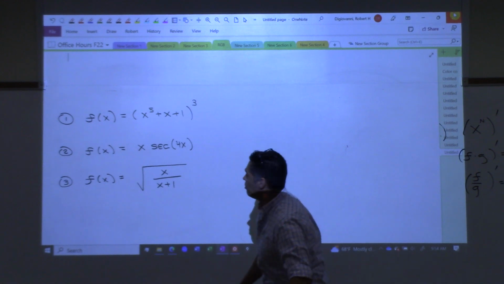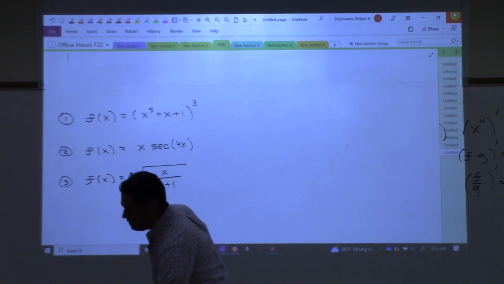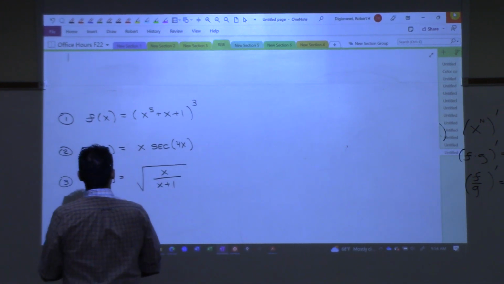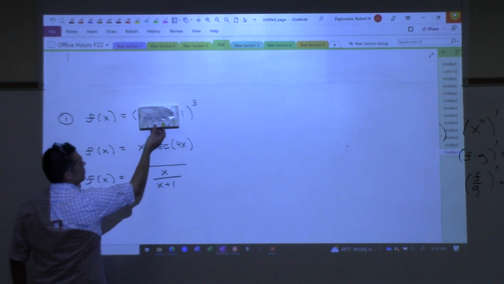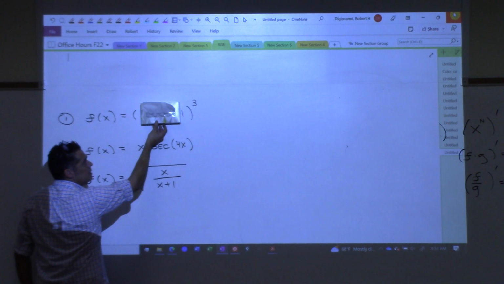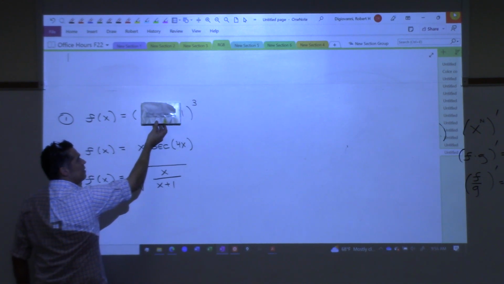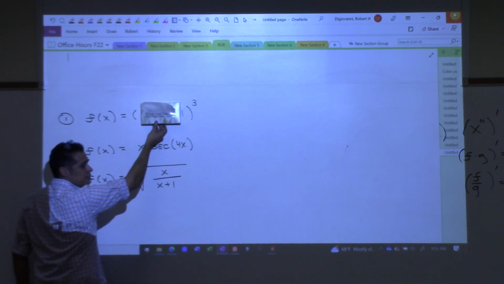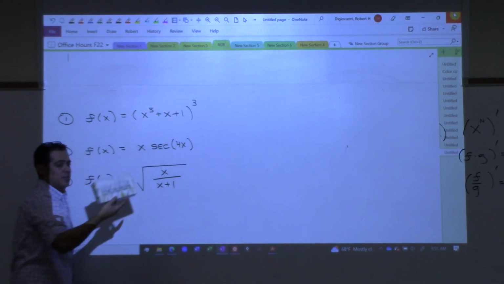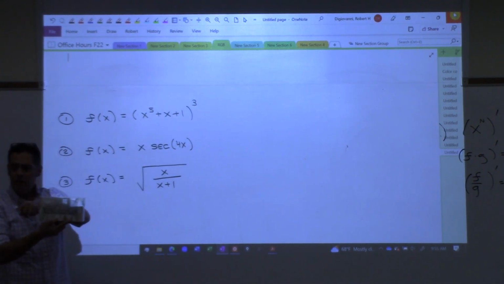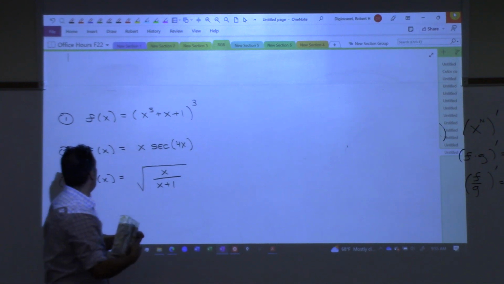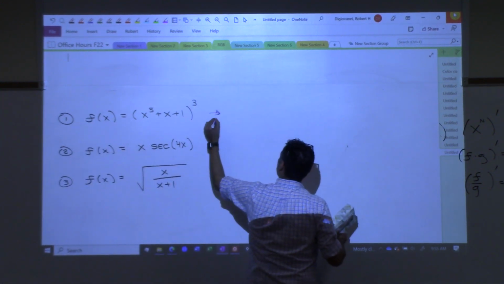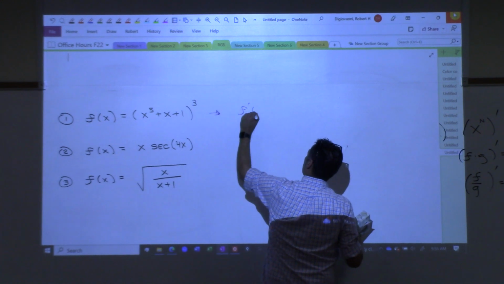All right, so on this first one, we have a box of tissue. We have composition, right? We have something to a power of 3. So I want to take the derivative of a box of tissue cubed, which means you're going to just use the power rule, right? The 3 comes out, the box of tissue to the second power. Don't forget that second power. So for this, the derivative here would be,